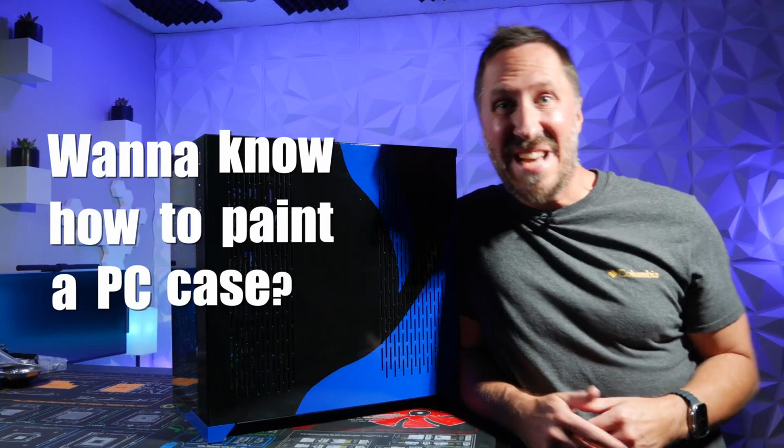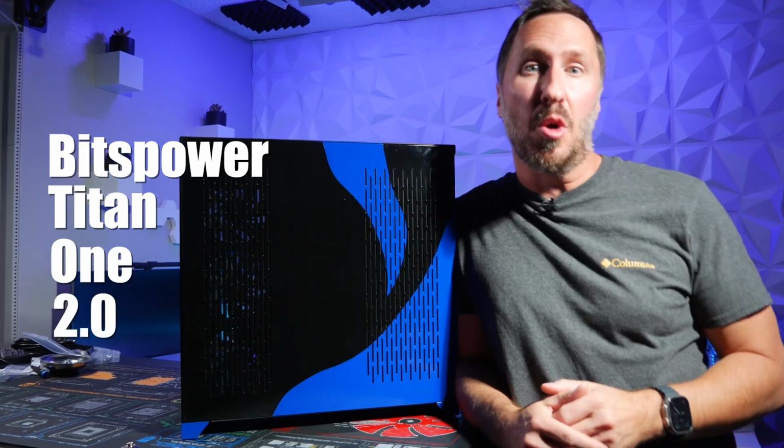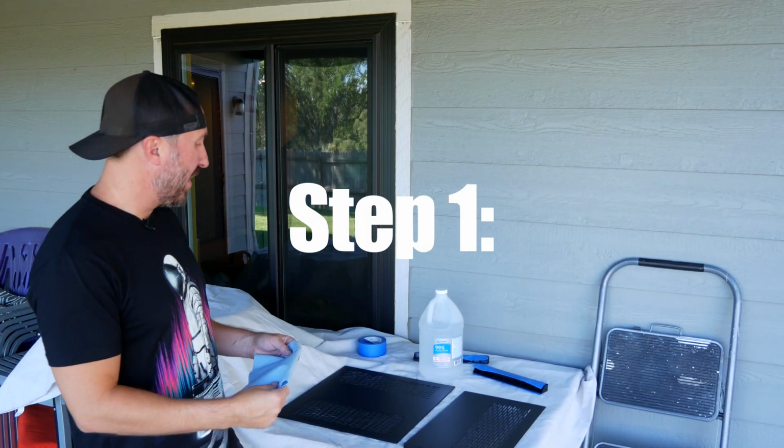Want to know how to paint a PC case? Well, let me show you how I did this beautiful Bitspower Titan 1 2.0 PC, and then you can apply this to most PCs. The first thing I'm going to do before I paint these panels is